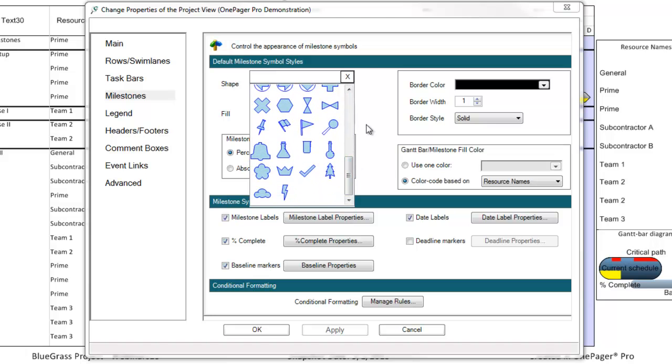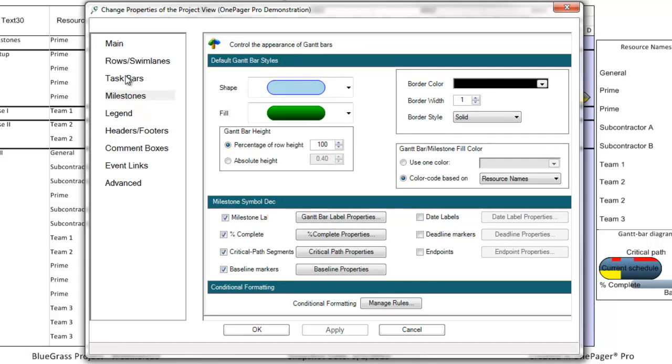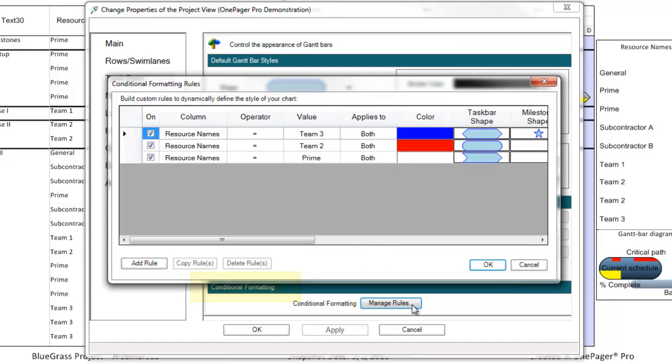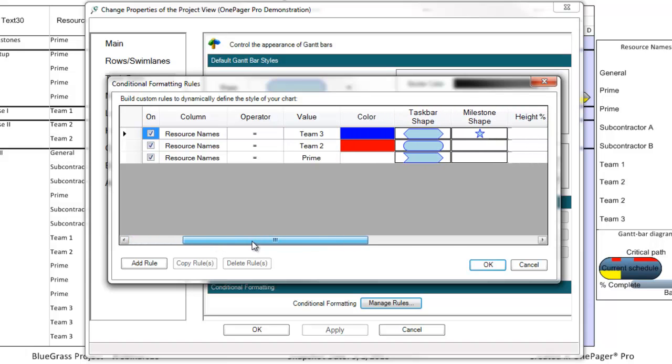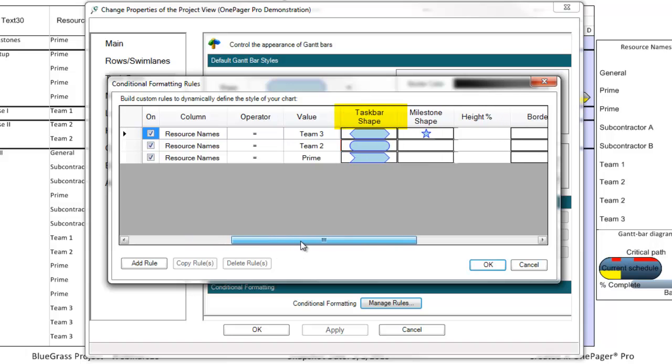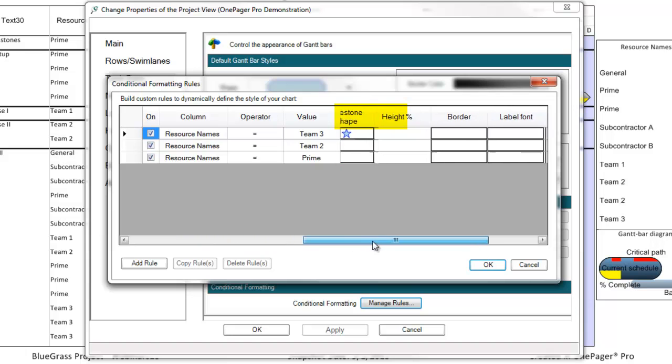At the bottom of the Taskbars or Milestones tabs, you'll notice a section called Conditional Formatting and a button that says Manage Rules. If I click that, you'll see that I actually set up my template so that if OnePager sees specific text values in my Resource Names column, it will format my shapes a certain way. Color, shape, size, font, and border formatting are all something that you can have OnePager control based on specific data